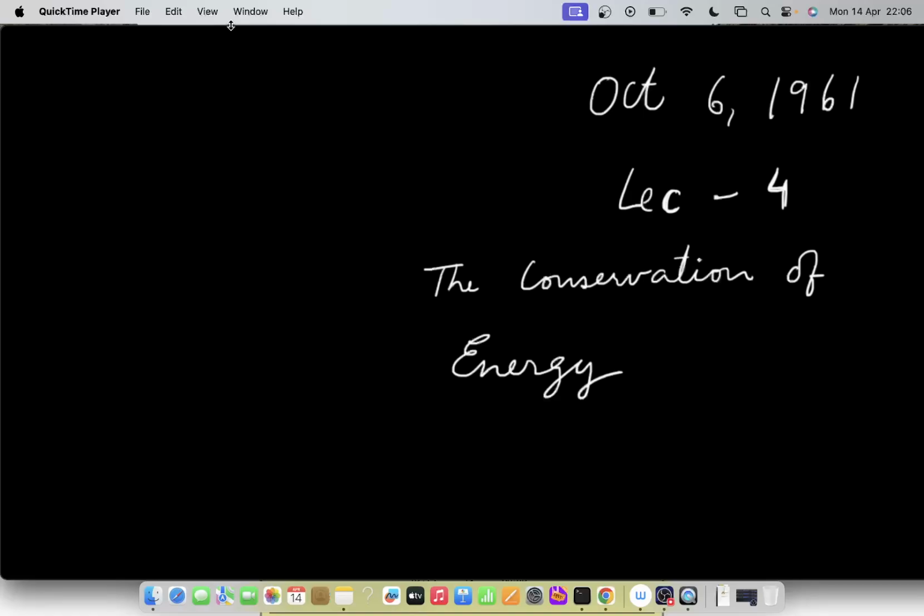Today's lecture is on one of the laws of physics. We've just finished our description of things in general, and now we look more specifically at what a law of physics looks like. I picked one out to illustrate the ideas and the kind of reasoning that might be used in theoretical physics. So the lecture today is on the conservation of energy.